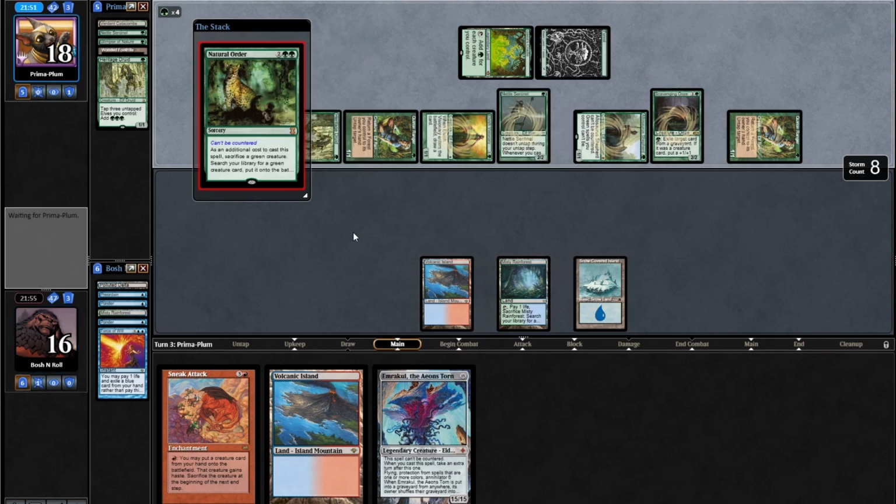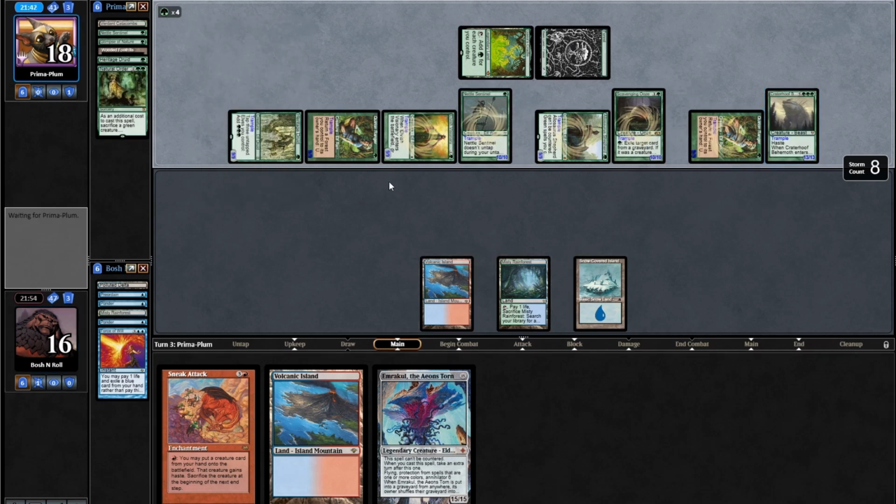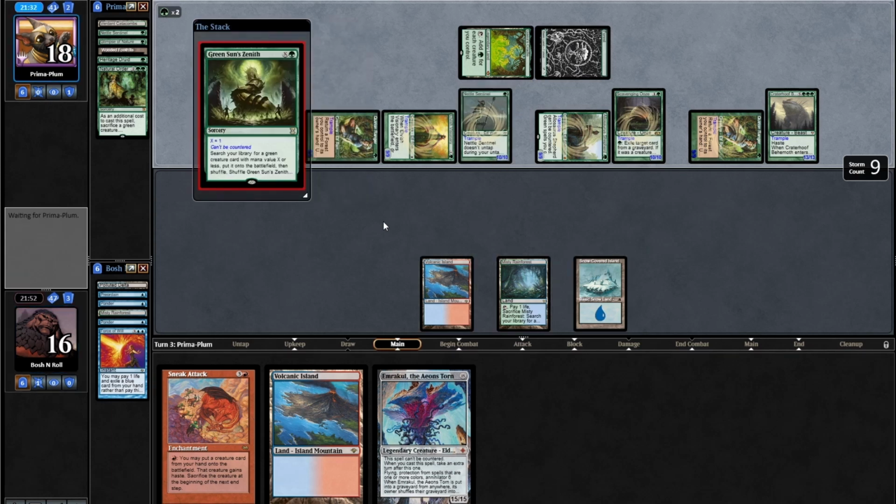Alright, there's Natural Order, which I believe they still have an untap with Quirion Ranger. Yeah, so they have 13. They can attack me for 22 here. They might even have a second Natural Order for a second hoof, which is a perfectly reasonable thing to do, by the way. And the great news is, even if they forget to untap their creature that can attack and